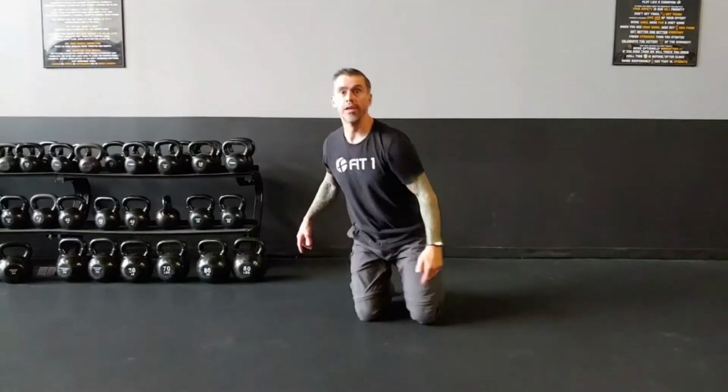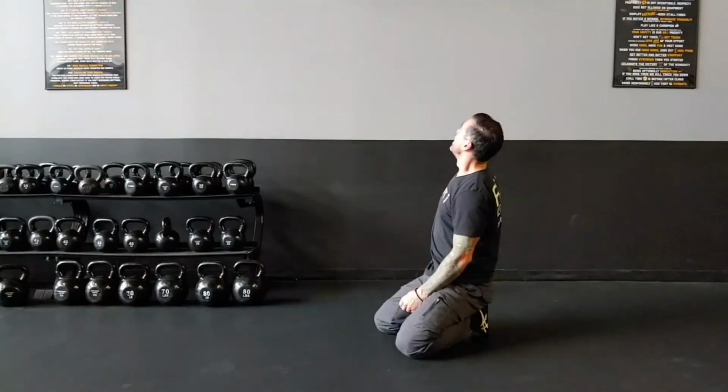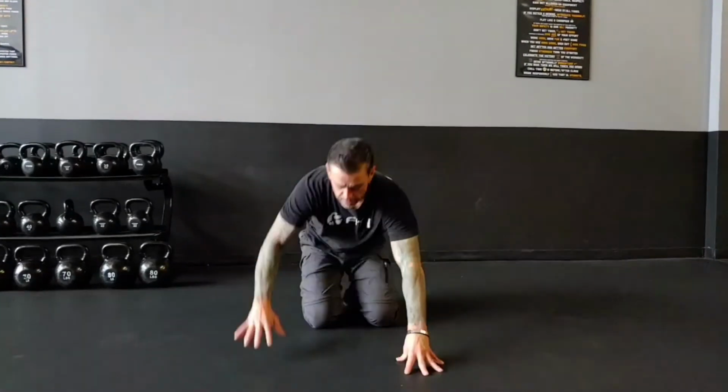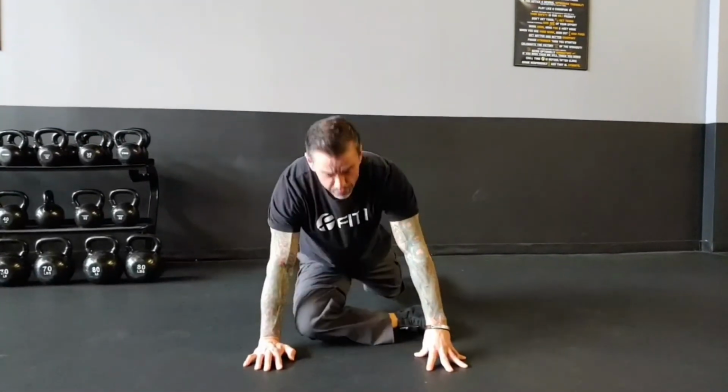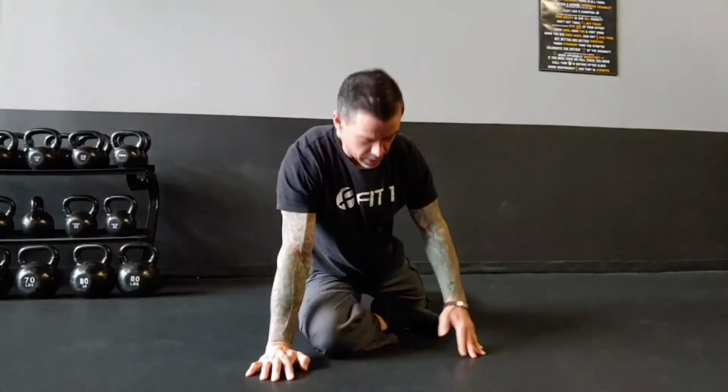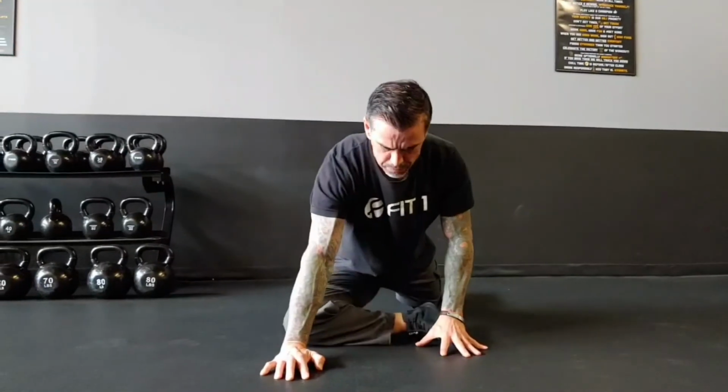And back. Good. Okay. So you did it. Pigeon stretch. The focus here is stretching the glutes, the hips, the hip rotators. Okay. So from here, I personally like to hold my foot in position because if you're tight, it's just going to slide back in. So I like to hold my foot in position,